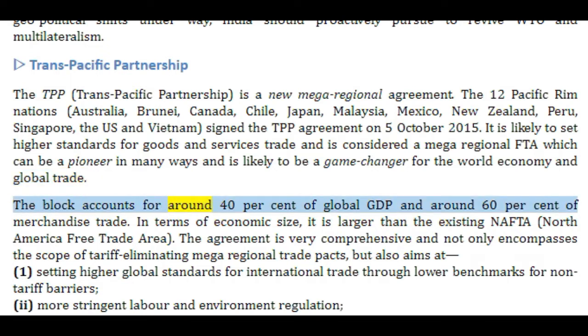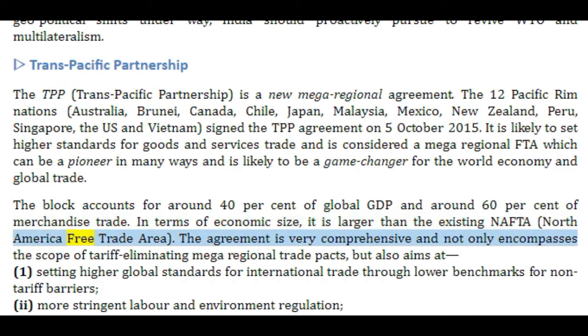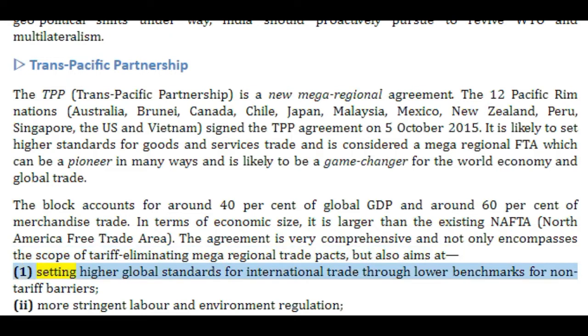The bloc accounts for around 40% of global GDP and around 60% of merchandise trade. In terms of economic size, it is larger than the existing NAFTA, North America Free Trade Area. The agreement is very comprehensive and not only encompasses the scope of tariff-eliminating mega-regional trade pacts, but also aims at 1. Setting higher global standards for international trade through lower benchmarks for non-tariff barriers, 2. More stringent labor and environment regulation,